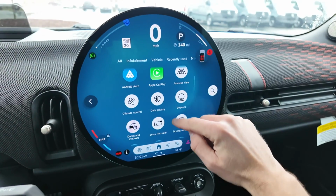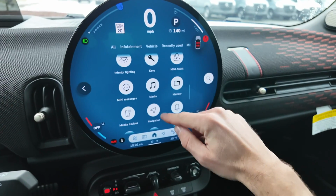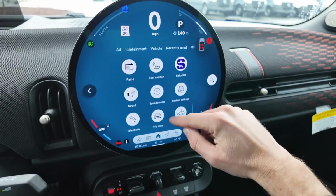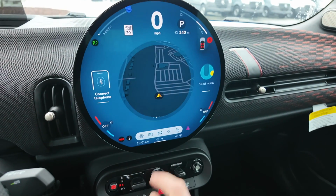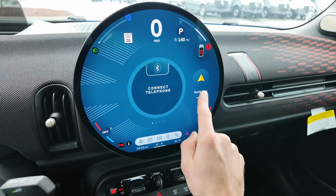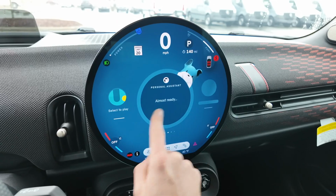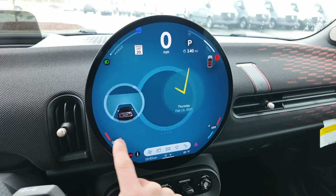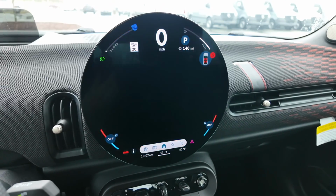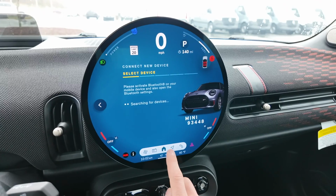You have Apple CarPlay, Android Auto. There's a drive recorder too, exterior lighting, interior lighting, navigation. You have quite a lot here that you can go through. Now, if I push on home again, you can actually go through the rest of this information just by swiping left and right. I really like the user interface to go through all this information. So you have quite a lot that you can get into. You can also pull up the nav in full screen and then get into your phone when you have that